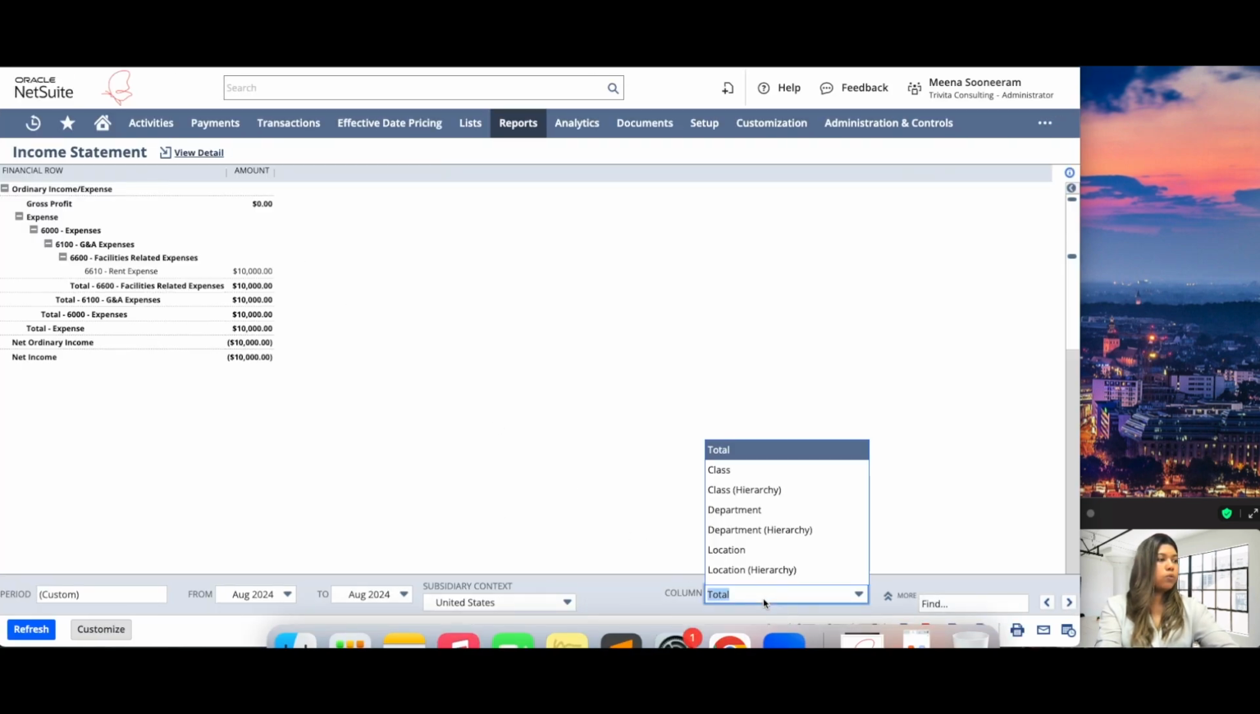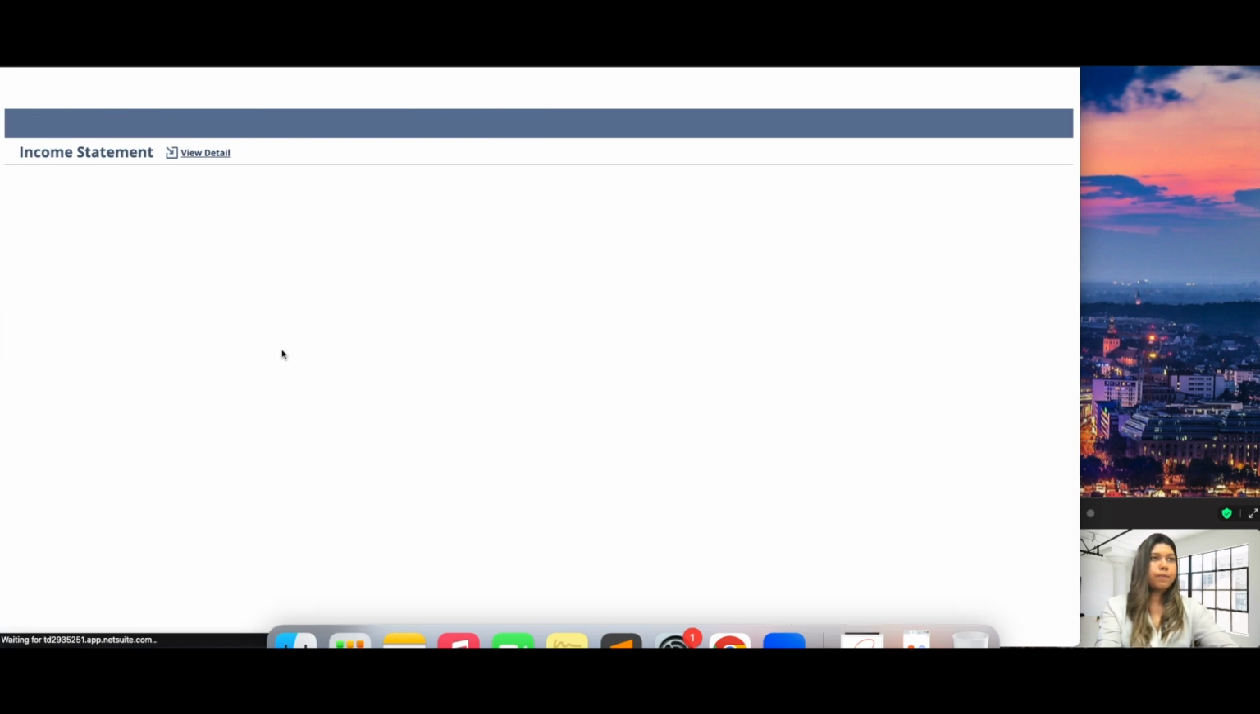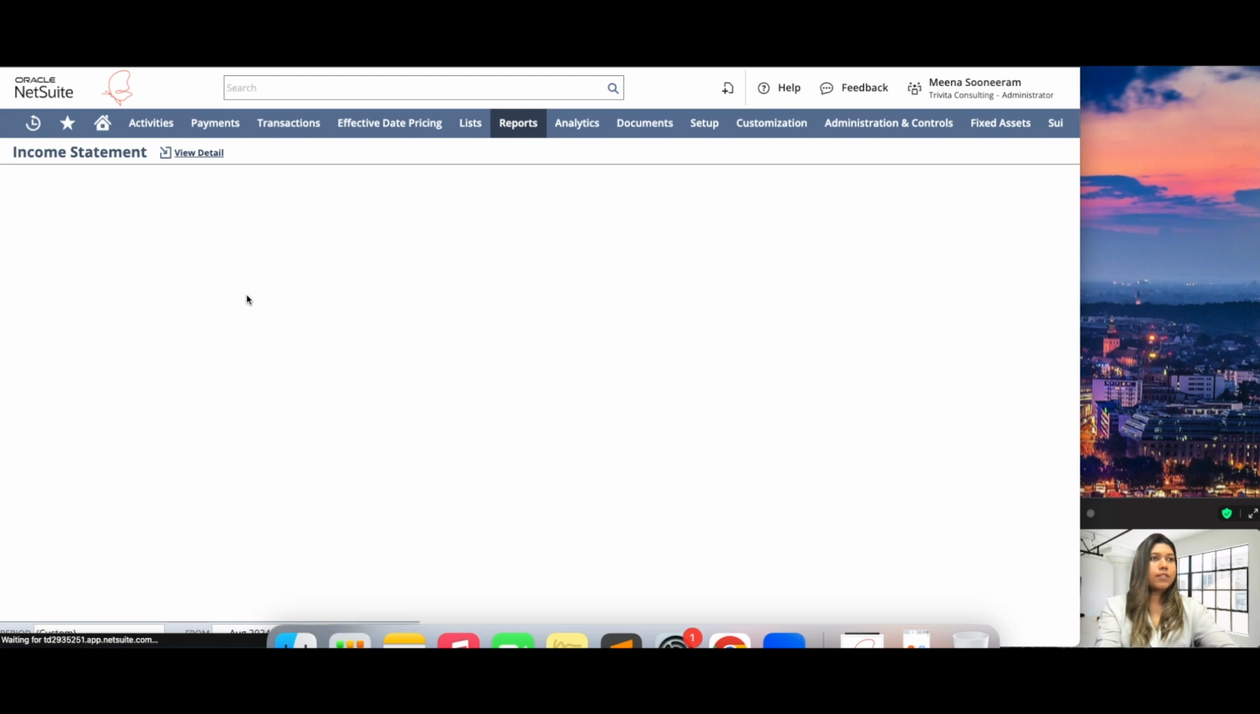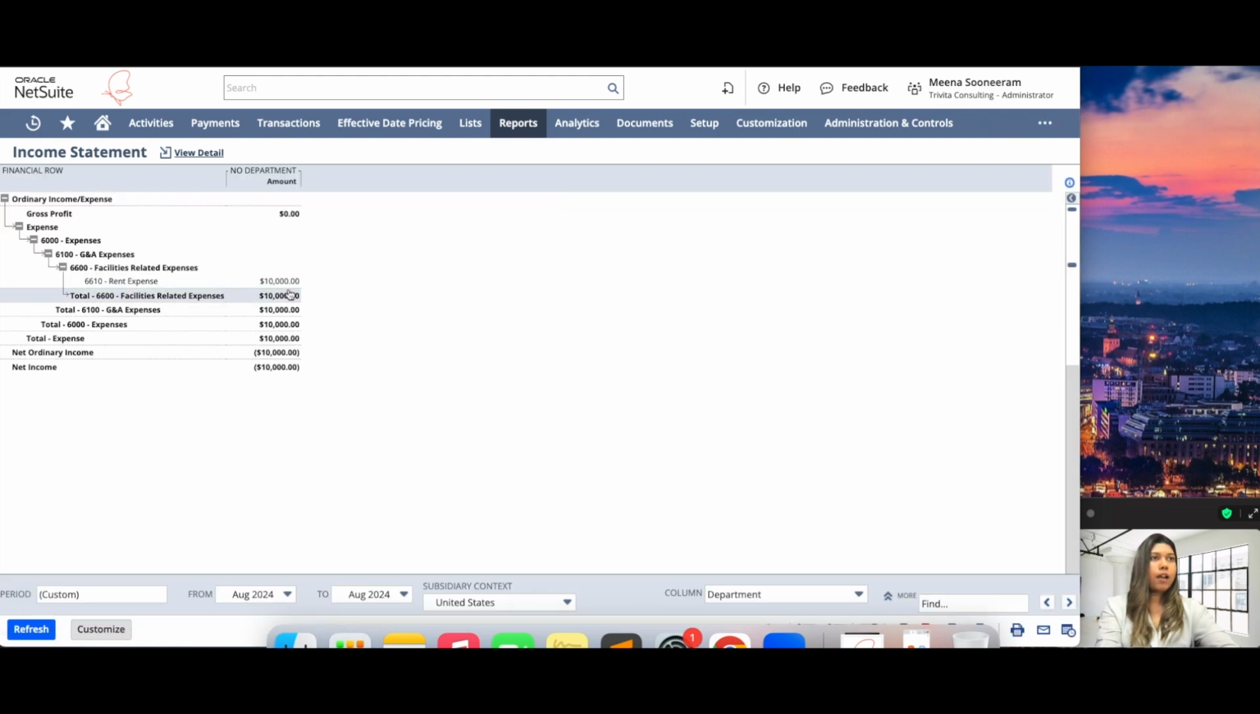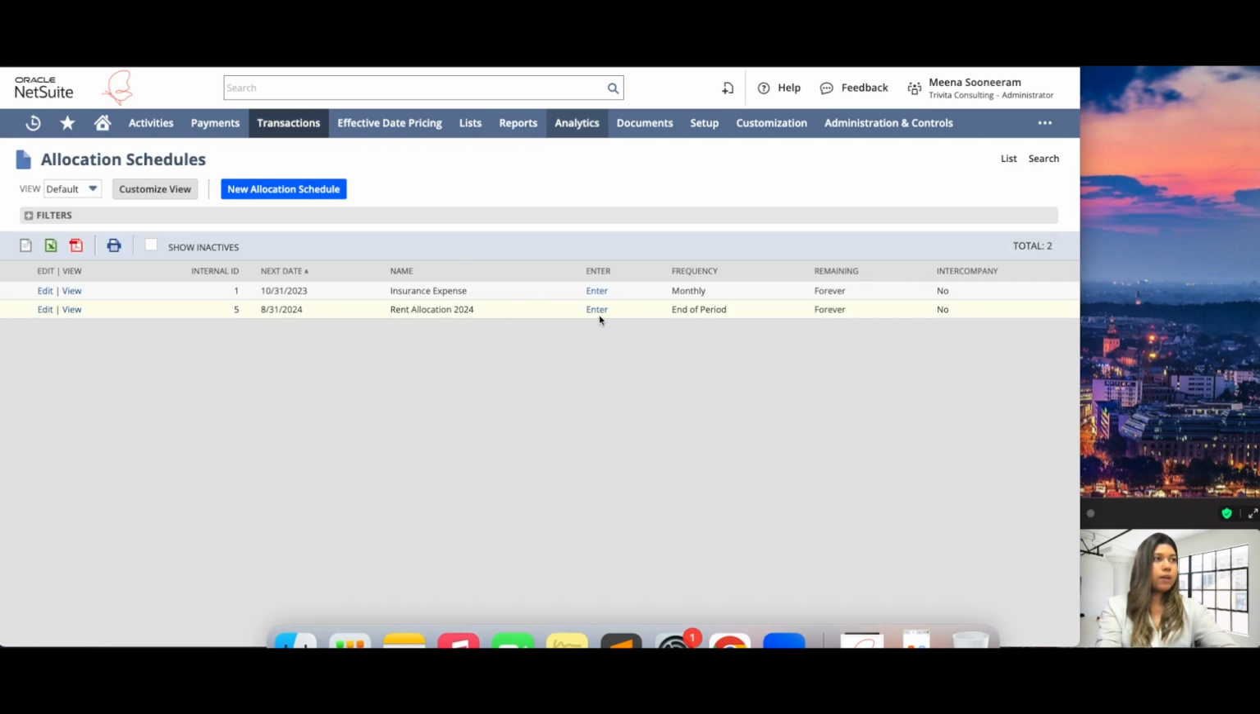Right now we have, so I'm going to split it by department. So this is the 10,000 that we have created in our vendor bill, and it is assigned to no department. Now let's run our allocation. So I come back here, click on enter,